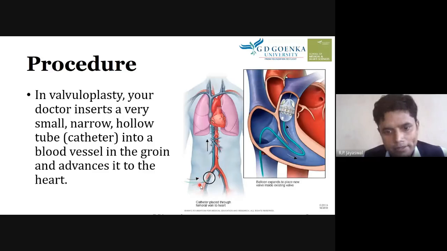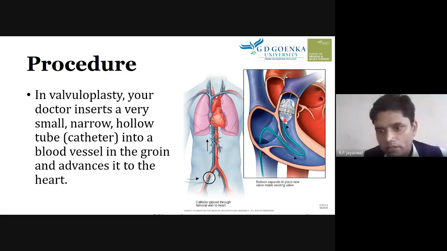and this catheter is advanced towards the heart. So we can see the catheter has arrived into the heart. Okay, and here one of the valves is being corrected. So it is shown that the catheter is placed through the femoral vein to the heart. Okay, so one of the specific veins shown here is the femoral vein, which is present in the femur region. Okay, and the catheter is advanced towards the heart, and the balloon,